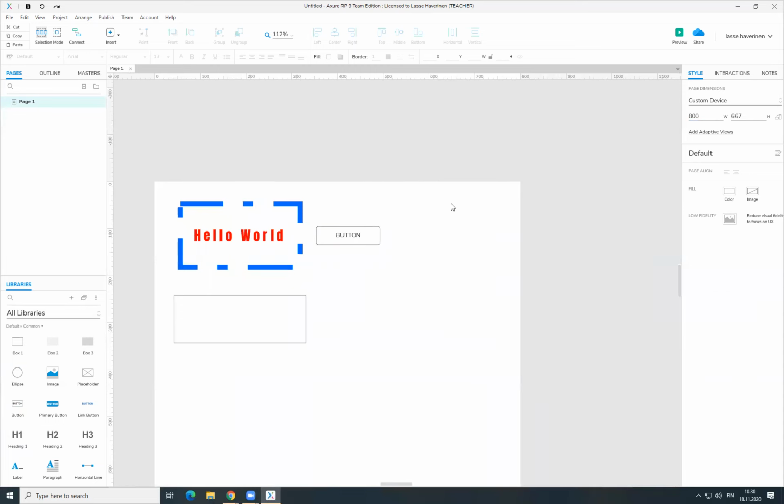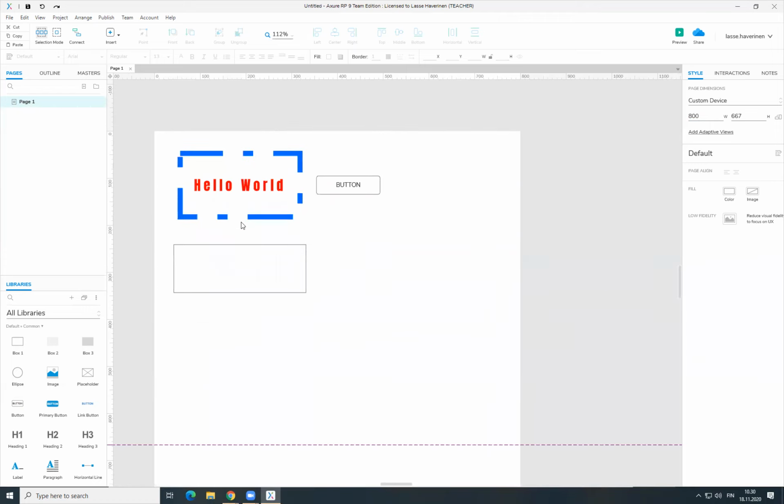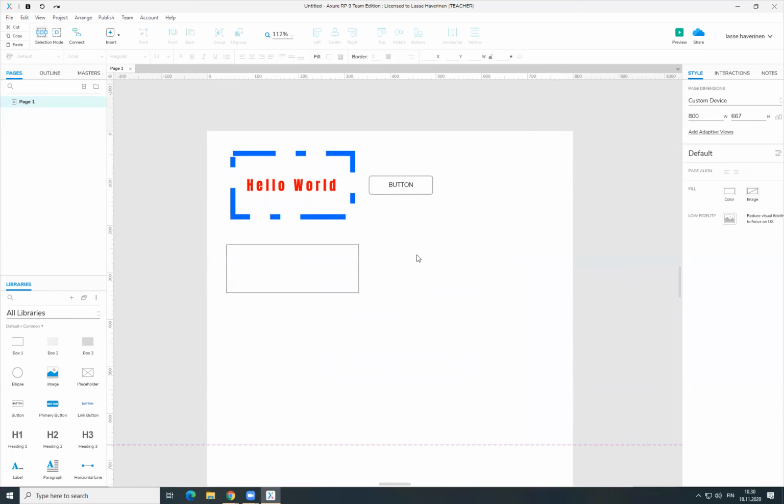Okay, so the logic here is that you use a single page for a single view in your user interface design. And your designs always have multiple views, so what it means is that you will have multiple pages. And these pages can be named. Here it now says page 1. But let's say that